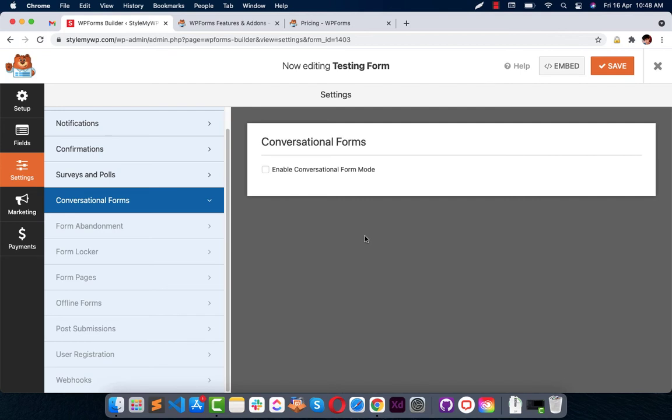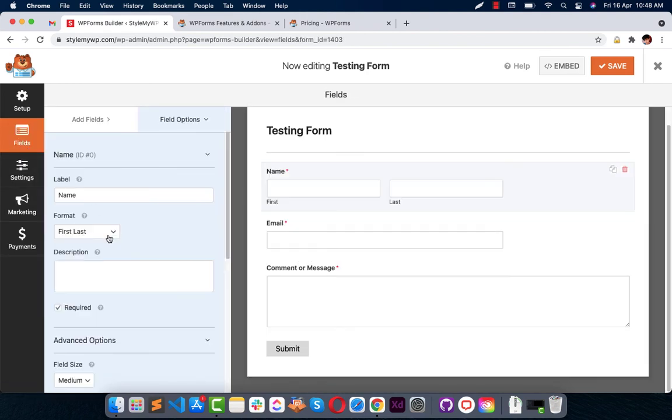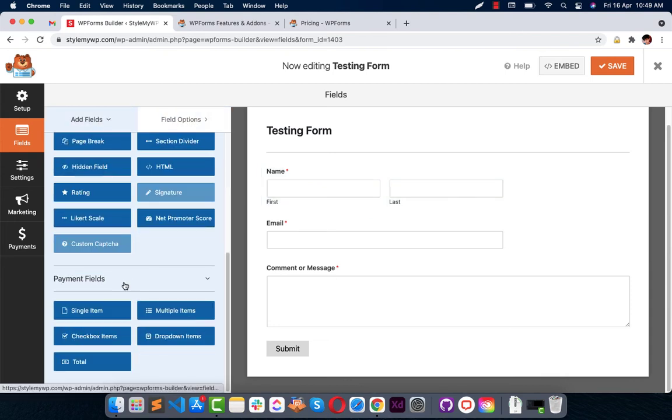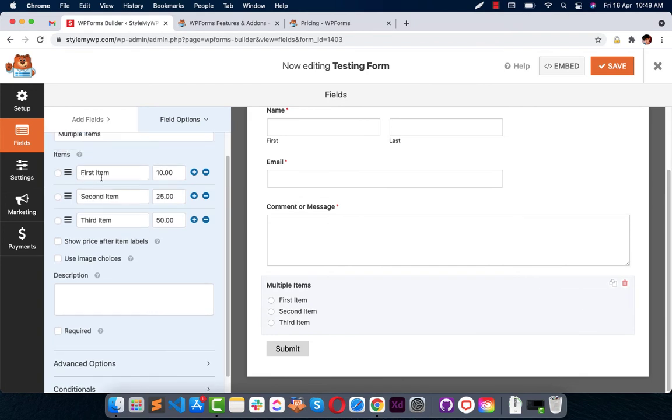This is a testing form, so I'm not going all with this. However, we can go with PayPal and see how it works. So in fields, you can go to add field and create a payment field, like a single item or multiple items. We can go with multiple items in this way. So the first item may be grapes,